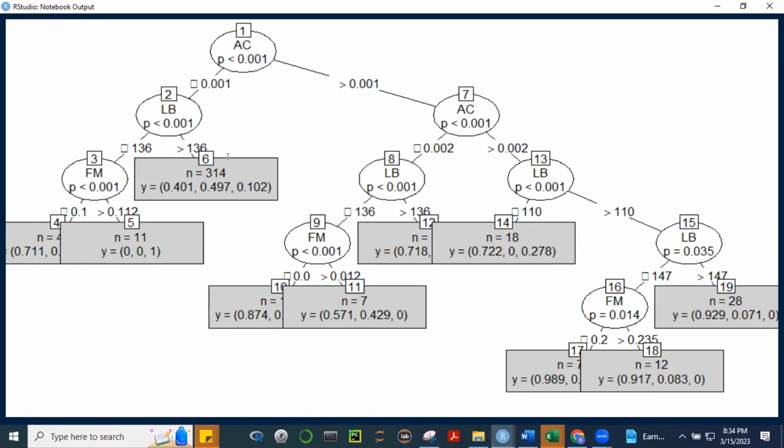Dito, 314 lahat. Okay, dito, 18. Okay, dito, 28. Nakikita nyo yung N na yan. It gives us how many of the respondents went to this specific terminal node.